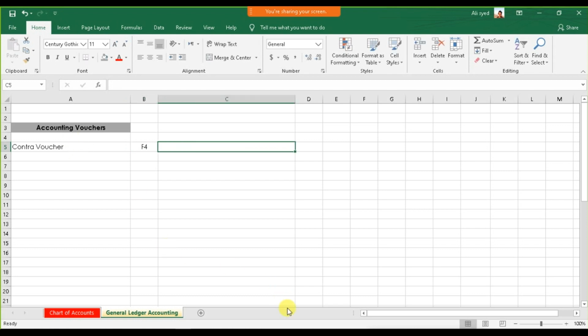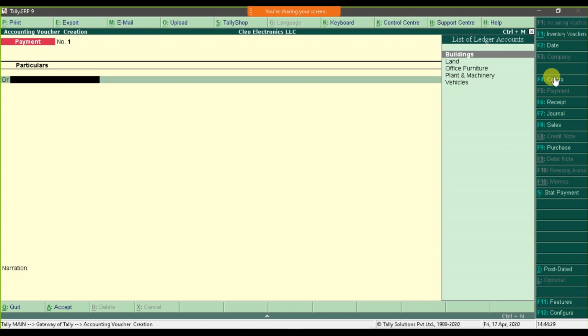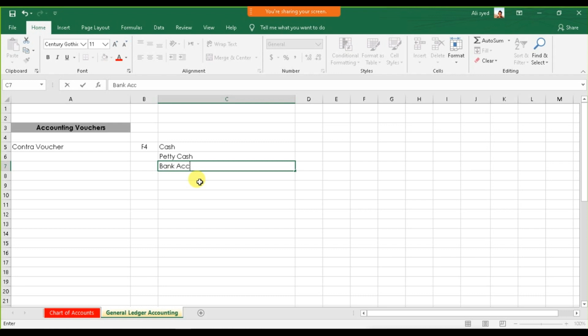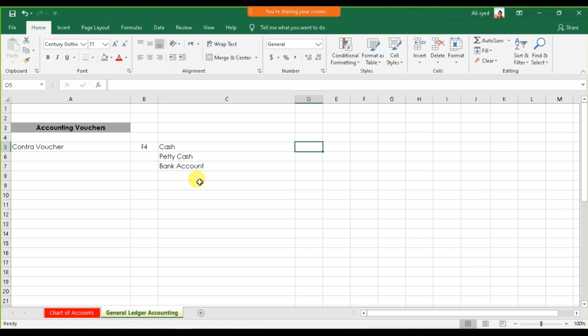Okay, now what is Contra voucher in Tally ERP 9? All those transactions in which cash, petty cash, and bank are involved, and banking transactions are involved. Bank account is involved. It means that you're depositing cash into the bank, or you withdraw the cash from the bank,